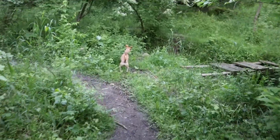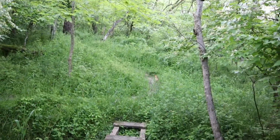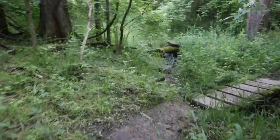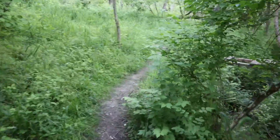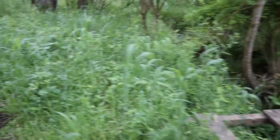Another cool little spot. This trail's supposed to go around in a circle and come right back to there. But a lot of times Callie likes to hop over there. Oh, Jackson didn't. He went the normal route. Jeez, well, Pete slowed down. Daggone dogs, dude. Crazy. That's some jumps too. I don't know how sturdy that is, but